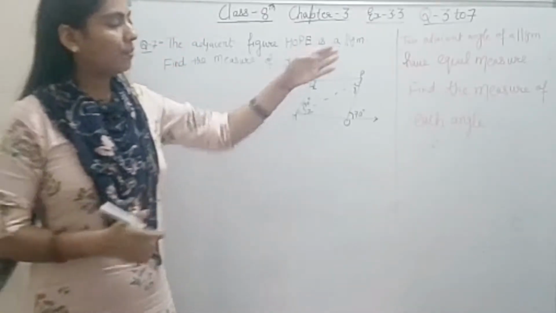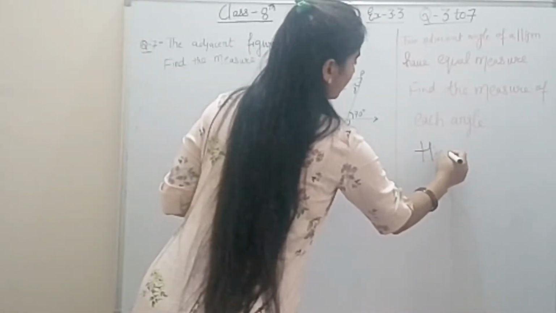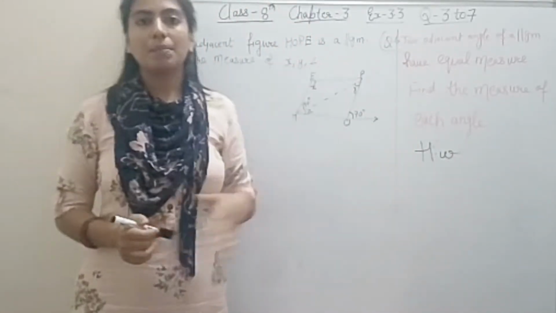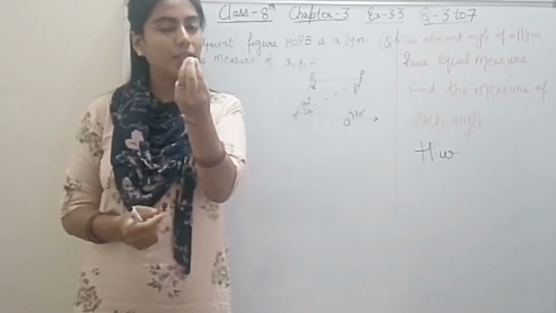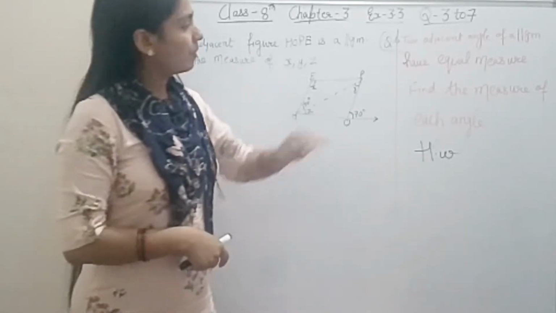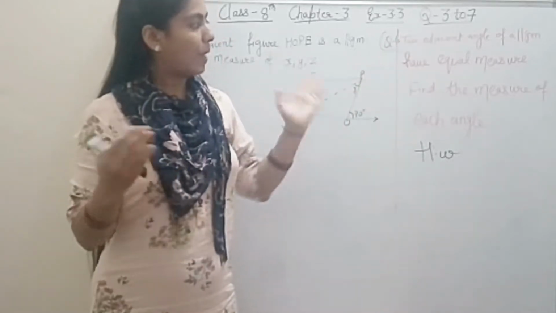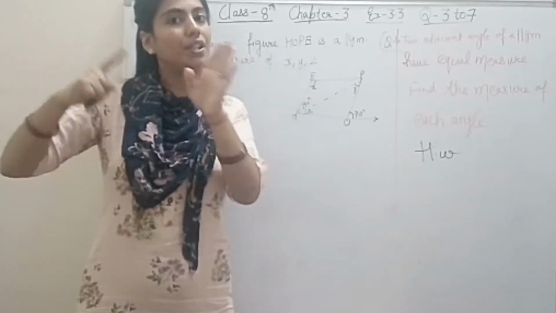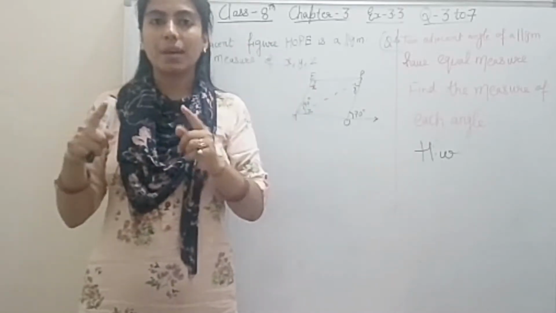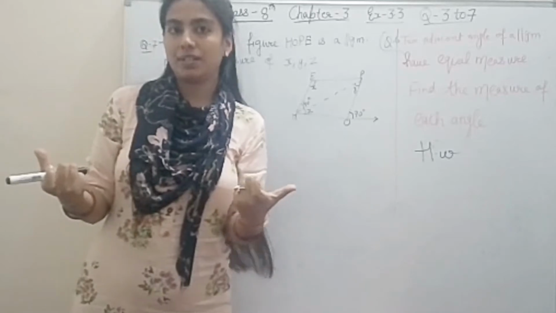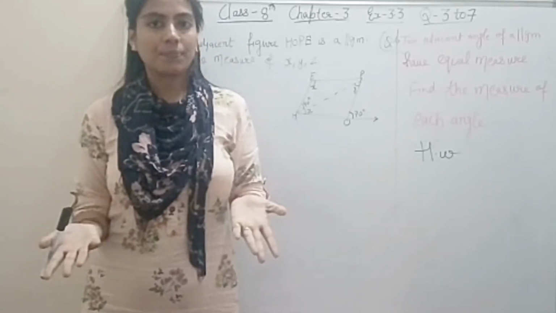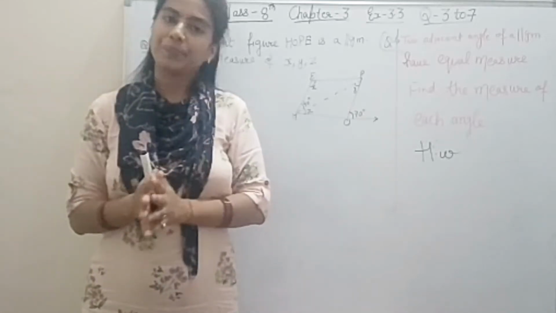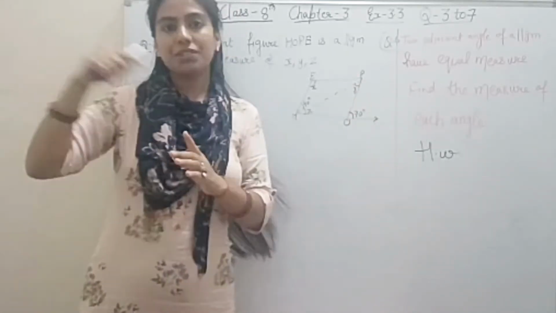Question number 6 is homework for you, student. Here I have written, this is question number 6 and this is homework for you, because this question is just the same as question number 5, but I am going to have a little bit of discussion about this. Two adjacent angles of a parallelogram have equal measure. In that, two adjacent angles were in 3:2, but here in a parallelogram two adjacent angles are of equal measure, and take that measure as x. If A is x, so B will also be x, because they are of equal measure, right? So find out the measure of each angle.